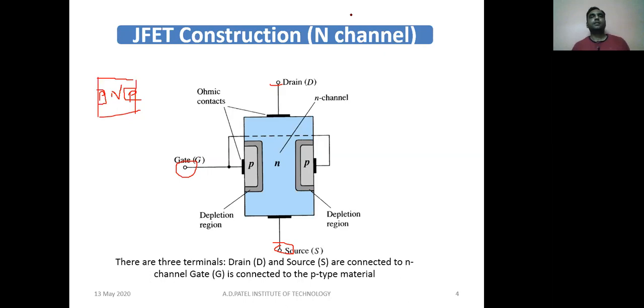These are the three terminals, and there will be metal contacts taken to have that contact terminal. These are ohmic contacts made up of metal, which are connected with the three terminals. There will be a depletion region whenever you have a PN junction. As we have understood in the PN junction diode, even if we are not connecting any battery, due to the diffusion of charge carriers there will be creation of the depletion region over here. Right now we have not connected any battery with it, still this depletion region exists.